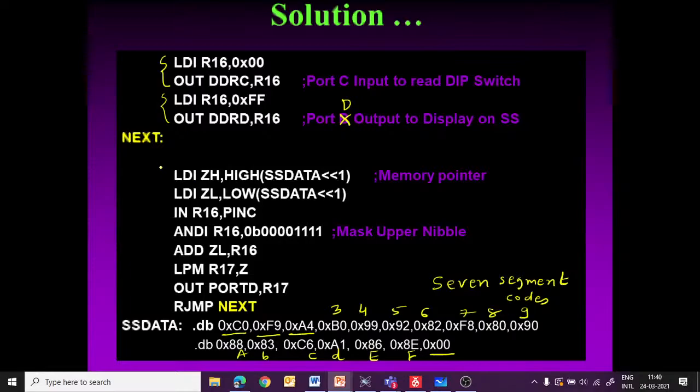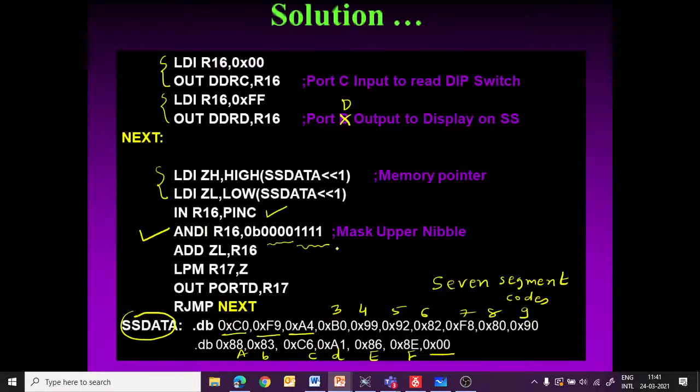These two instructions are again the same, acting as a memory pointer Z. We are defining memory pointer Z, and Z is pointing to SS data, right? SS data is the address, it is pointing there because at this address our 7-segment codes are placed. We read port C with the help of this instruction, IN R16, PINC, so it will read the status of push button switches or dip switches connected at port C. Only 4 bits we are using, so we keep 4 bits as they are, and the remaining 4 bits we make 0. This process is called the masking process, and that is done with the help of an AND operation,